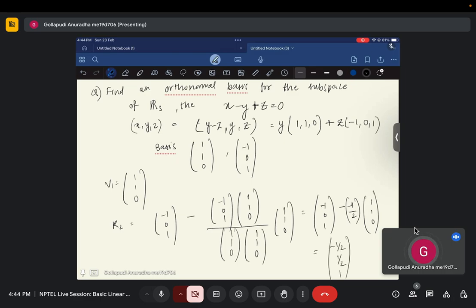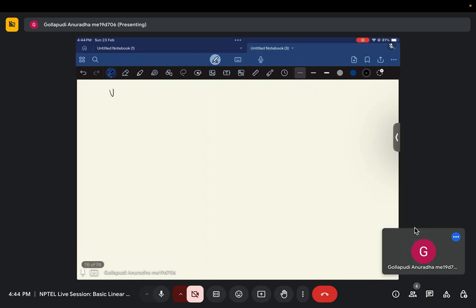Okay, so this is orthogonal, but this is not orthonormal yet. So orthonormalizing means we have to divide by the norm of the vector. So we have, and K2 will be